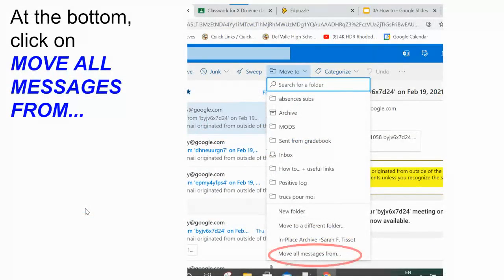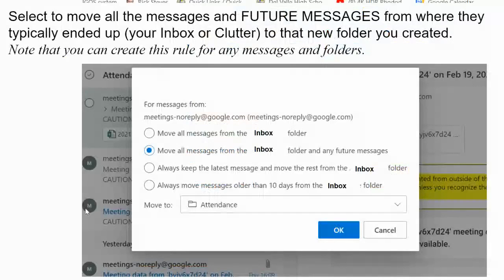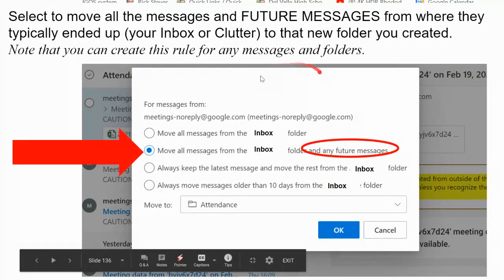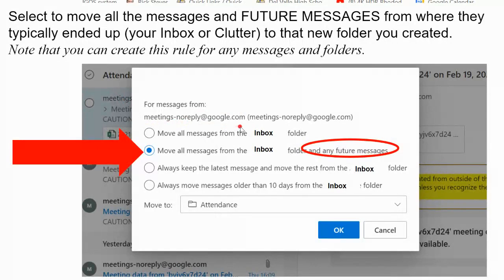The dialog box that will open, you're going to see some of your folders. You're going to go all the way to the bottom where it says Move All Messages From. So click on Move All Messages From, and the following dialog box will open to give you the option to move all the messages of that type. And note that it's giving you the type of emails that you selected. So move all the messages from meetings-no-reply@google.com